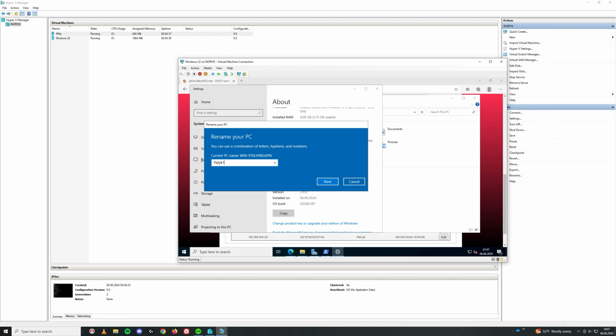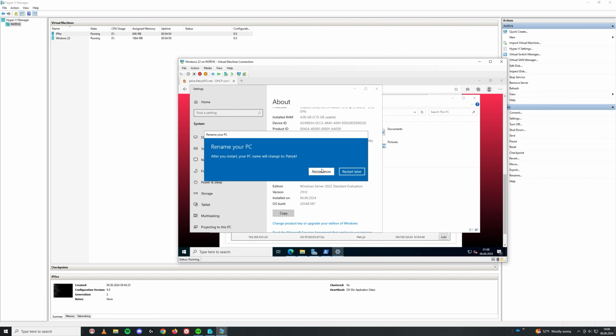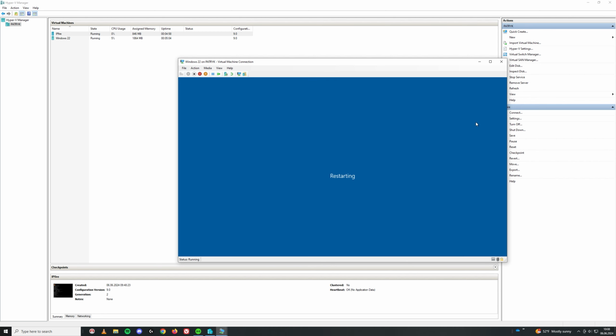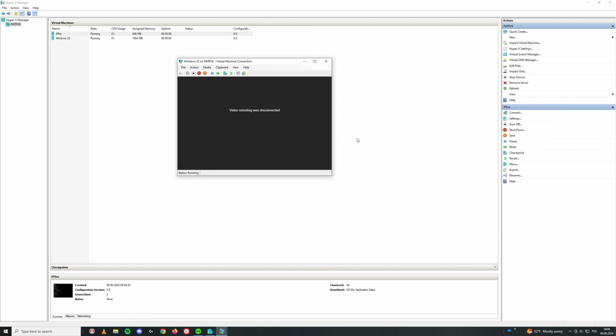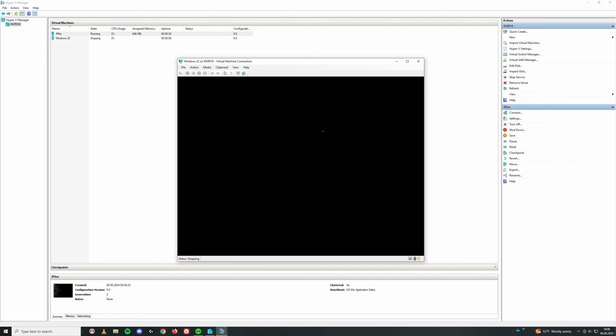I just call it Patrick 1 because I have already called this PC my name. So I just take next. Restart now. Just continue. Now it will restart and update the IP, and we can download the DNS server and set up